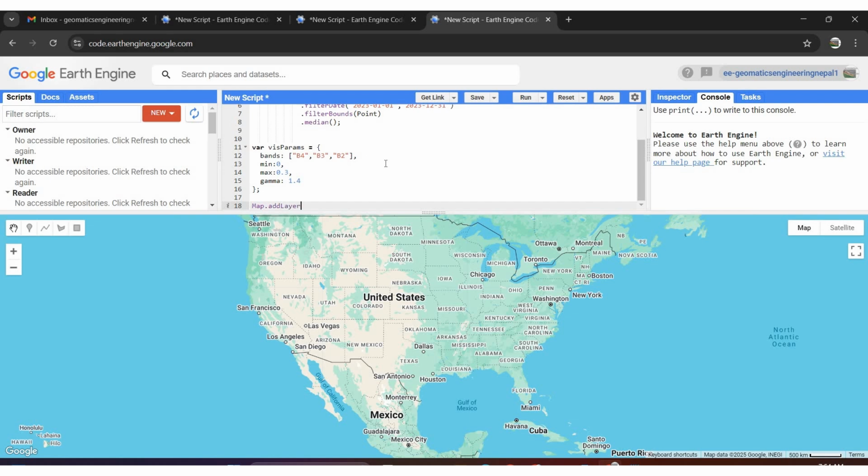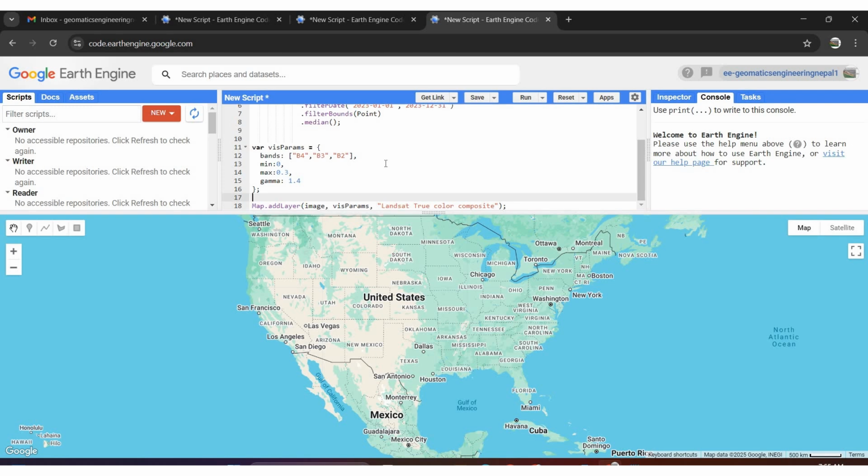In this case I am going to map add layer, then select the image, then add the visual parameters, and you can define any name to display. For example, I'm using Landsat true color composite,